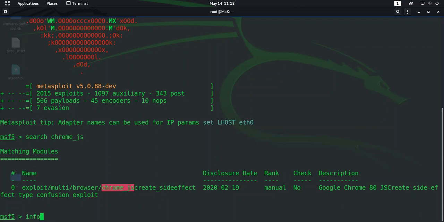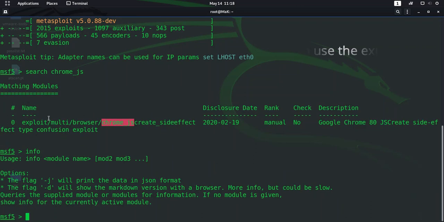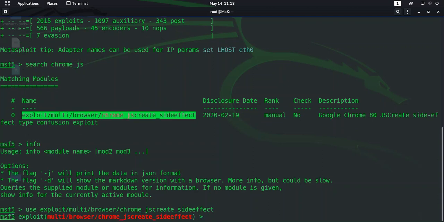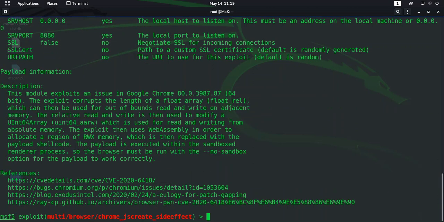First thing we're going to do is check out the info. Use and copy this. Okay, we are in it.